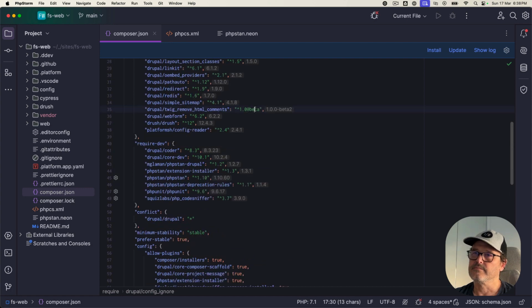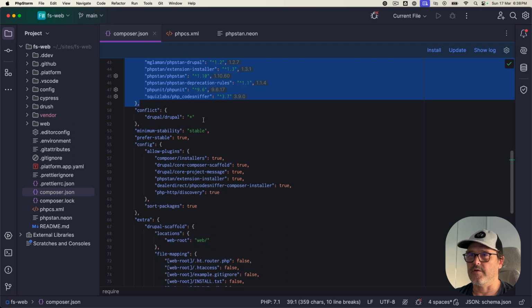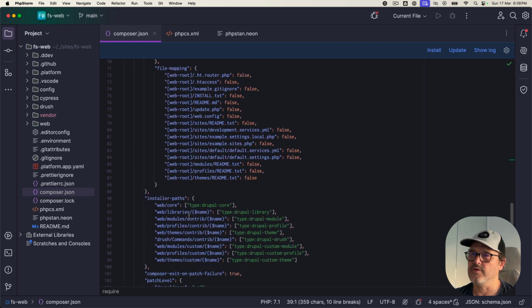And what else have we got? Require dev, all of the standard stuff here. Won't go into more detail about that. The other thing I wanted to show you was,